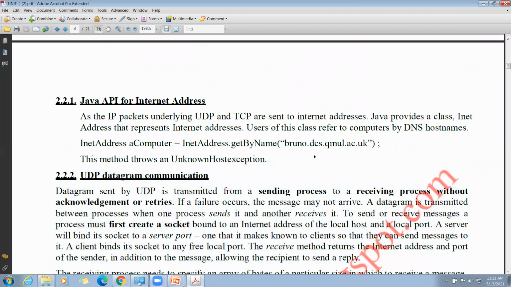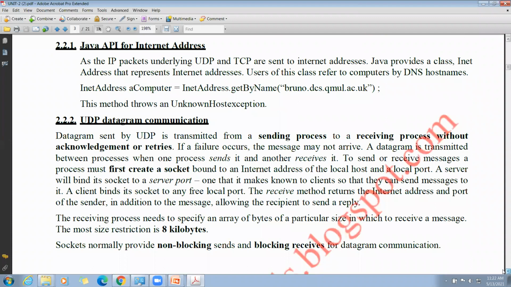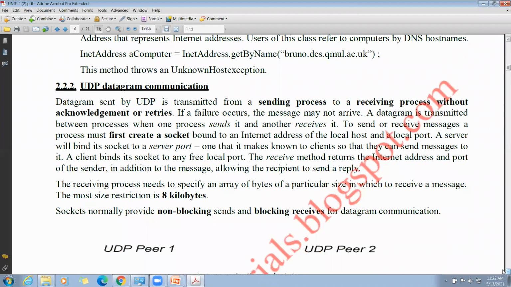The main problem with this UDP communication is that UDP deals with datagrams. It is connectionless communication. One problem with this type of communication is that it may not follow the send order.